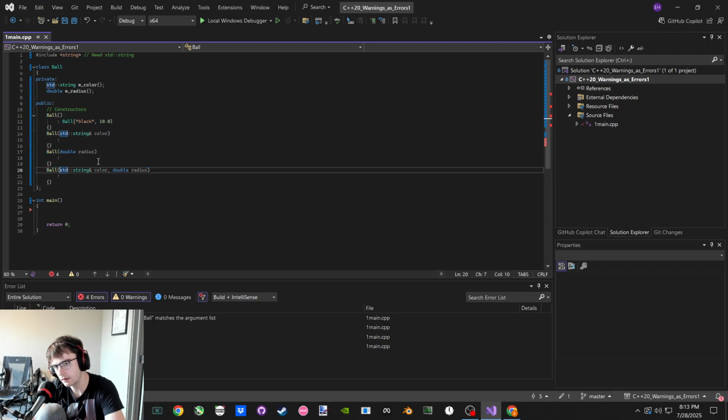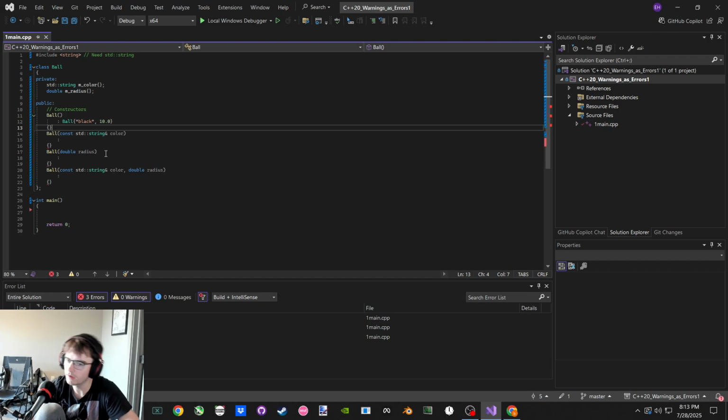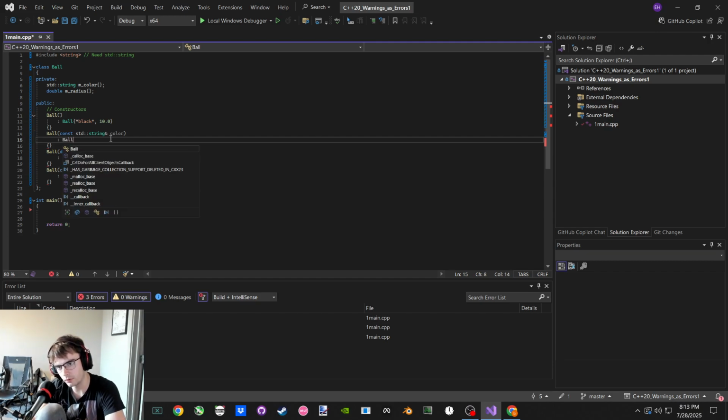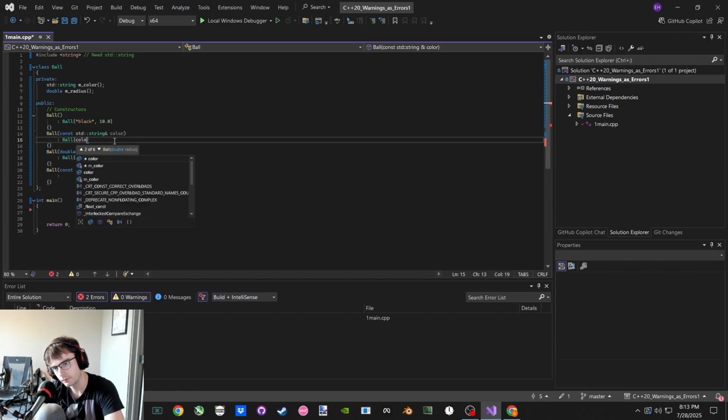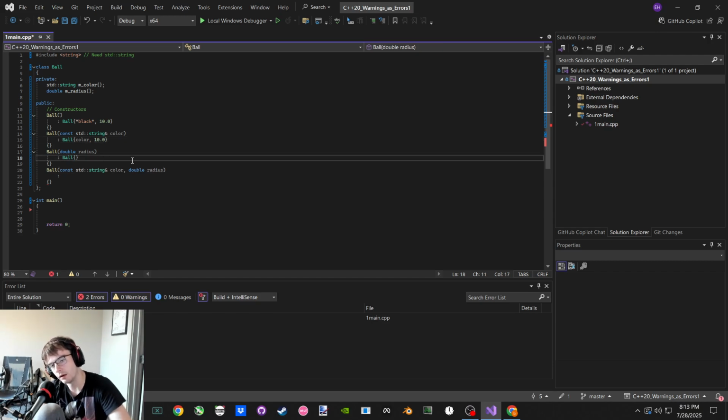This needs to be a const standard string reference because that's an R value. Well, it's an L value, but it's a const L value. That's the problem. And then we could have another that calls ball, in this case with color, and then with 10.0. And then we could have another one that calls ball with color 10.0. And another that calls with black and radius,